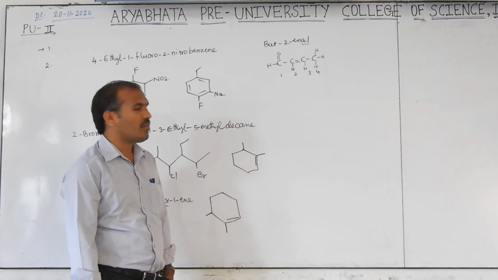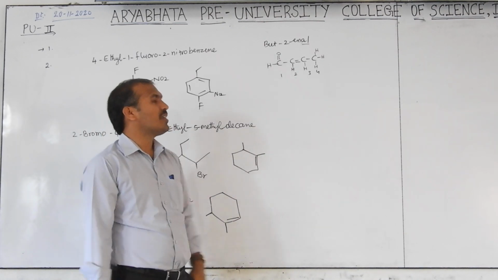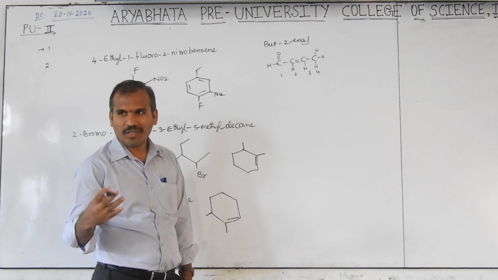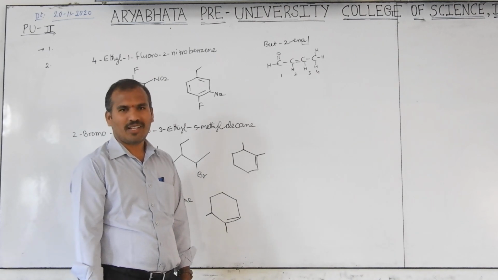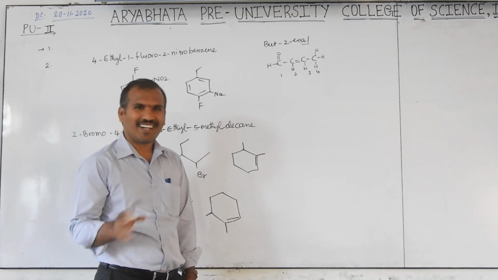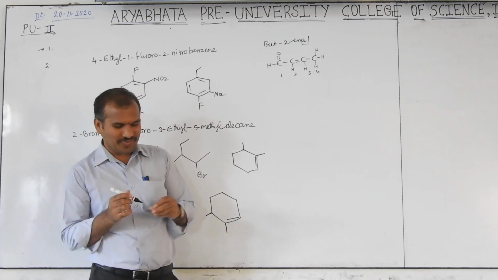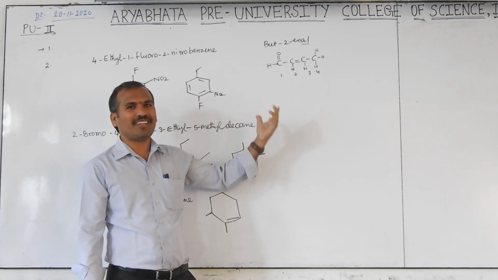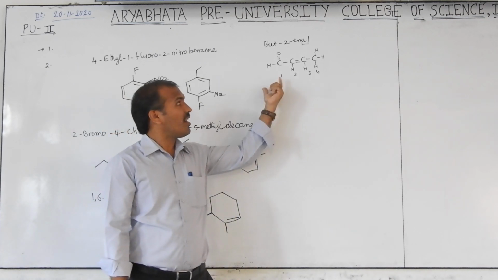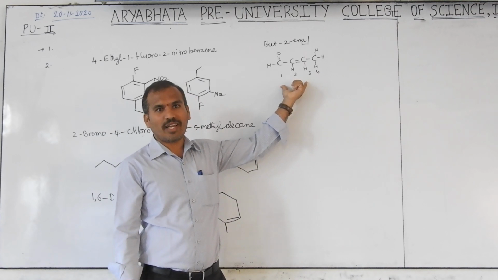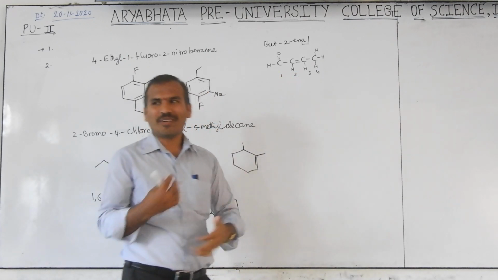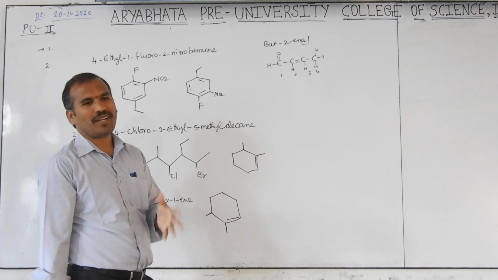What is the name of this compound? This is the IUPAC name. Is there any common name? Earlier the teacher taught the chapter only, now we are watching videos. Aldol condensation may have been completed 2-3 days back. It is the aldol condensation reaction: when an aldehyde undergoes self-aldol reaction, it forms the aldol condensed product called crotonaldehyde. This is the common name. Remember? You have to remember, it is very important, each and every line you have to practice.